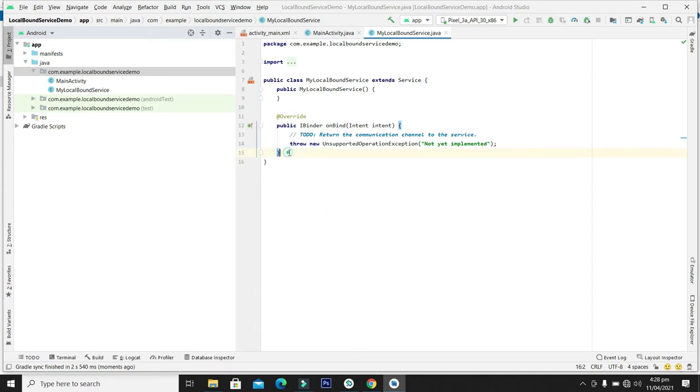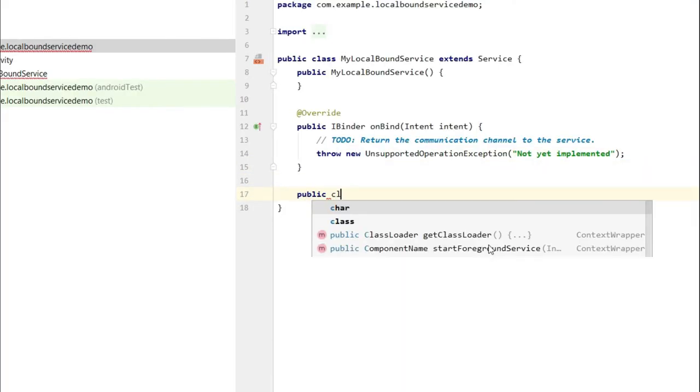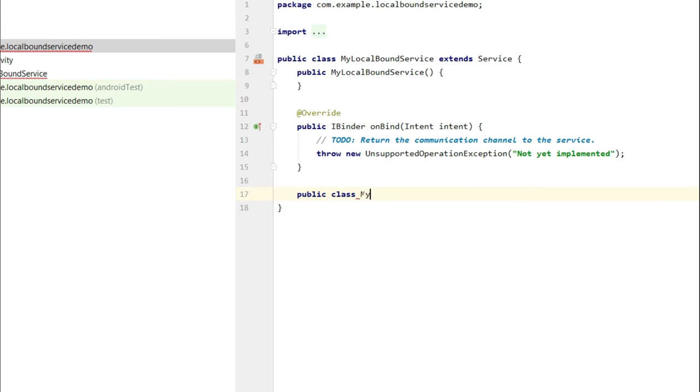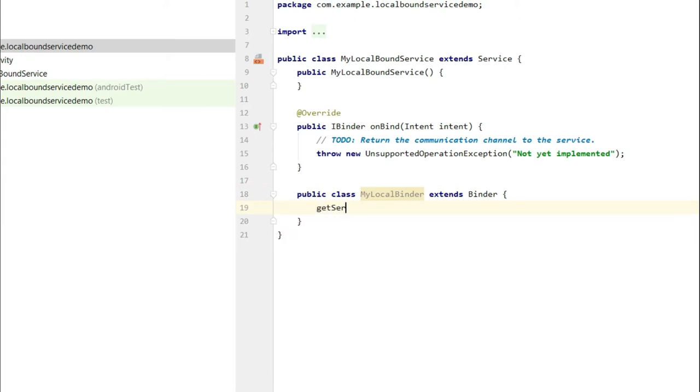Before that, let's make a binder class here which will provide a way to bind that service. For this, let's make a public class MyLocalBinder, which will extend the Binder class, and from here we will get the instance of the service which is running.